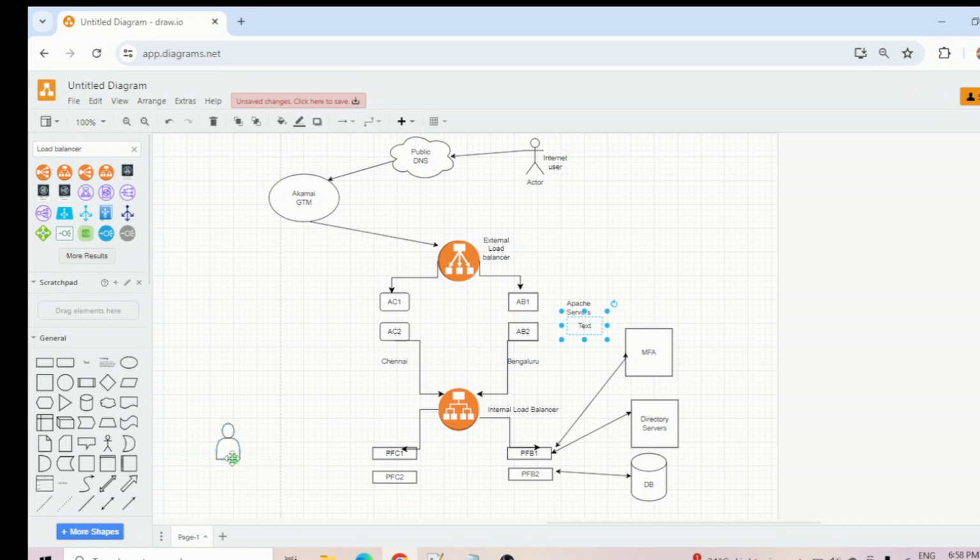Here we have the user, and I'll mention this user as a client user, an intranet user. You understand that part? Intranet user means the user is in the client network, in the company network. Now if the intranet user tries to access something, definitely it has to go to